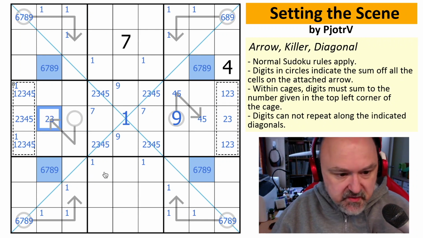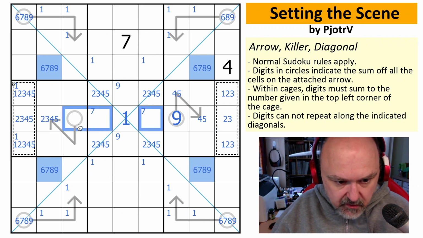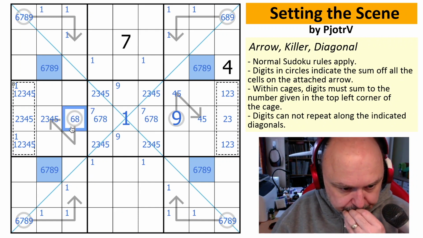So this must be 2, 3, 4 or 5 because I cannot use the 2, 3, 4, 5 here, here or here. And these must be 6, 7 and 8 without that one being a 7 because 7 is forced into there. This is 6 or 8. So,